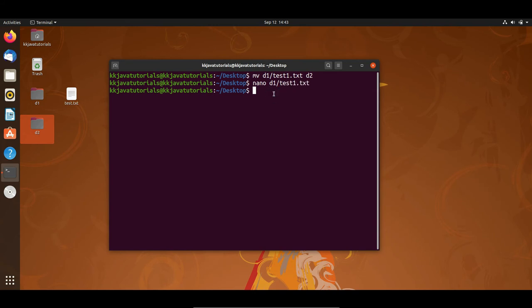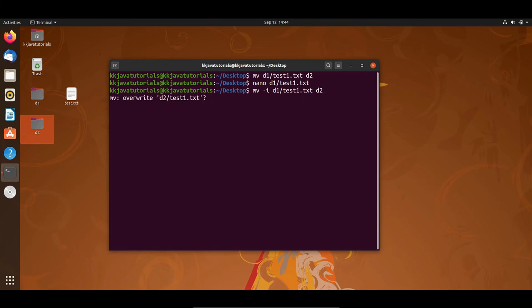test1.txt. Then I'm going to write mv, and here I'm going to write a flag called -i. I means interactive mode. So let's see how it works. Now I'm going to write d1/test1.txt, and the directory name is d2.